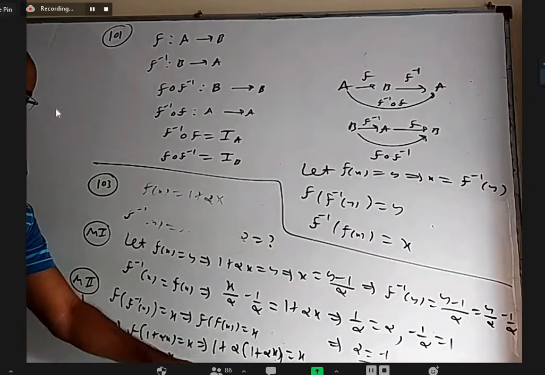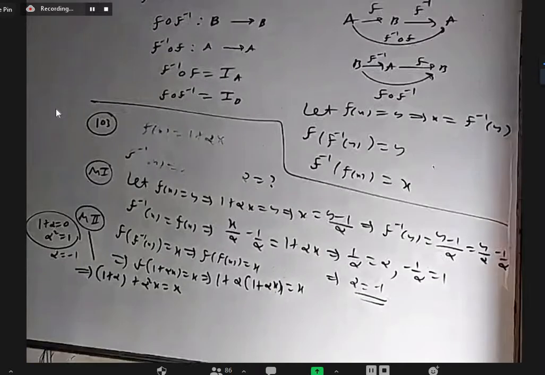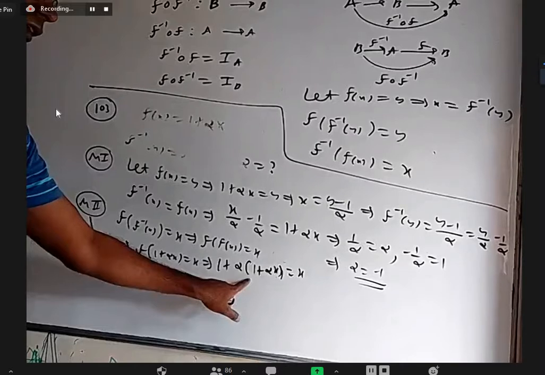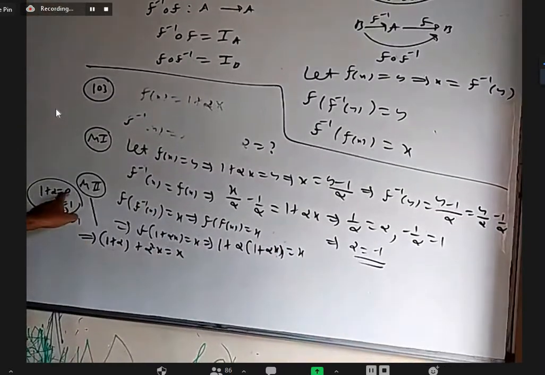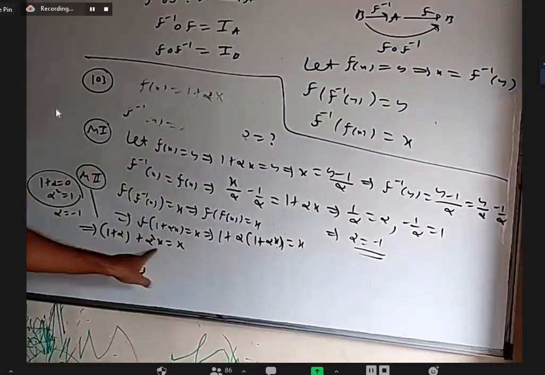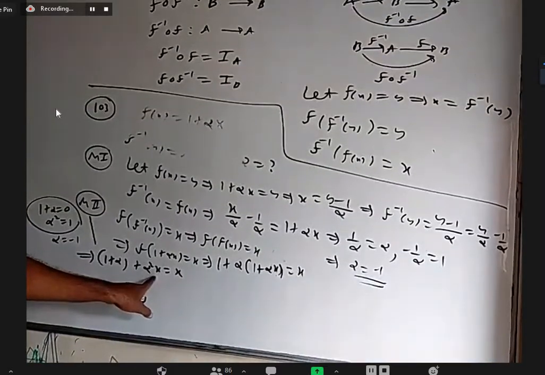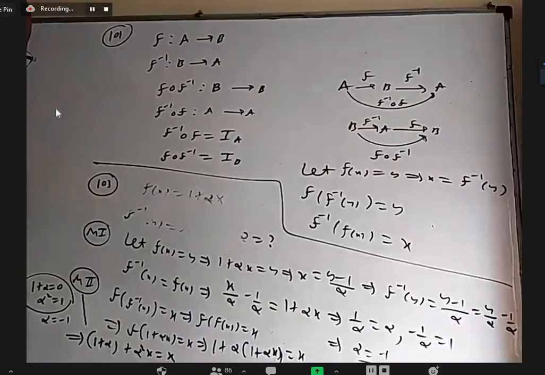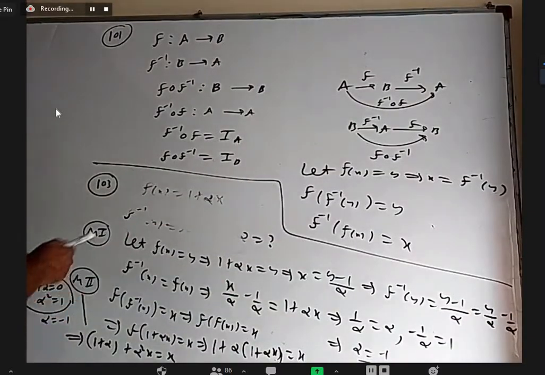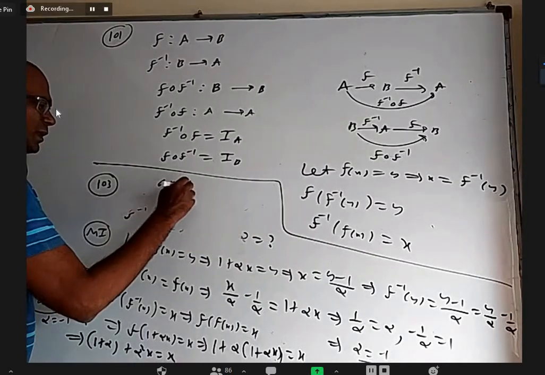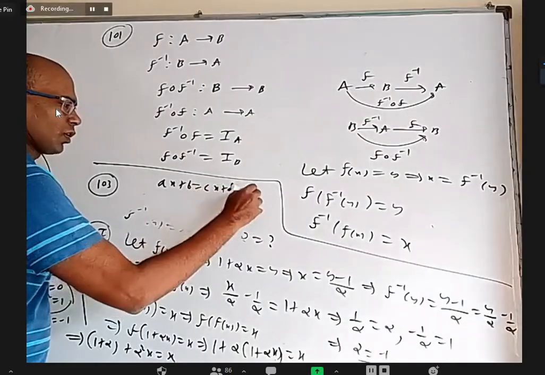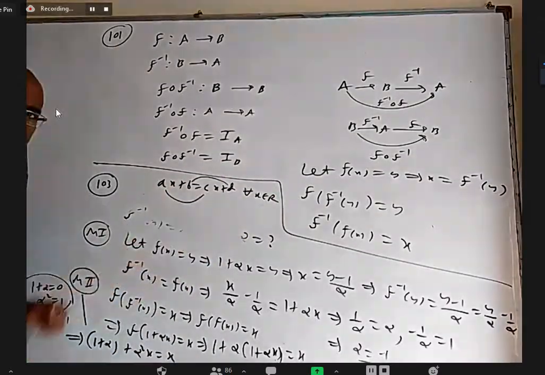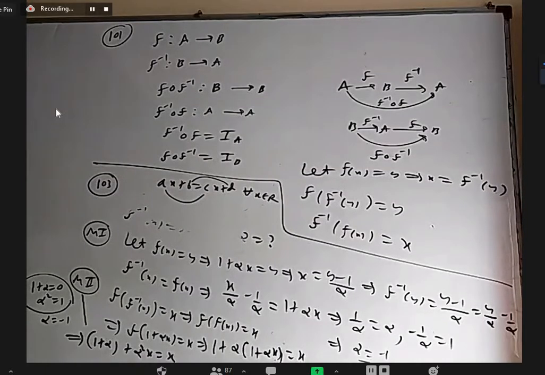Same logic we did in the second method also. Even in the second method, when I equate these two, what is the constant here? 1 plus alpha. Here no constant. So that's why 1 plus alpha should be 0. And what is the x coefficient here? Alpha square. And what is the x coefficient here? 1. That's why alpha square equal to 1. So in both the first method and second method, what we have done is, you want ax plus b equal to cx plus d for all x belongs to R, then a should be c and b should be d. That's what I have done. Yes, sir.